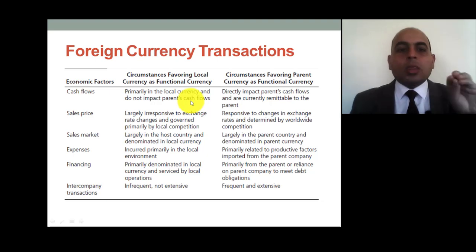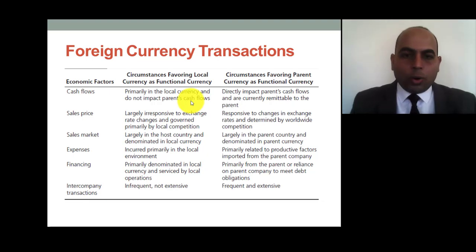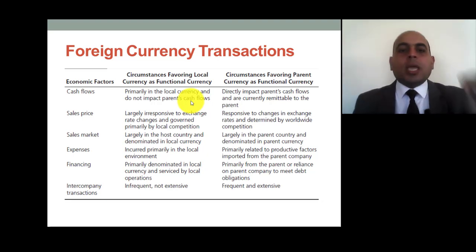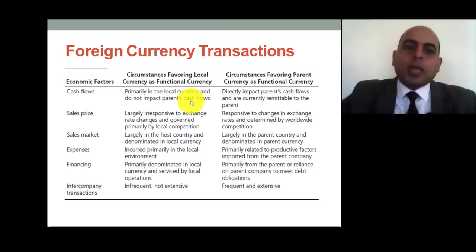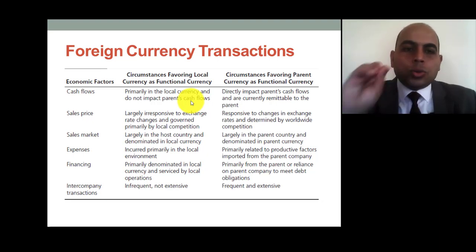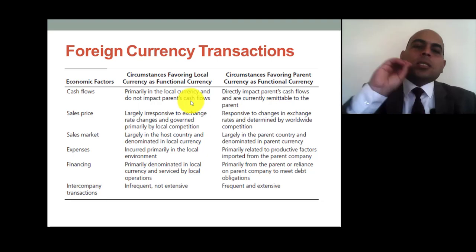For that, when most cash inflow or outflow is in local currency, and this flow doesn't impact parent's cash flows, in this case we will favor choosing local currency as functional